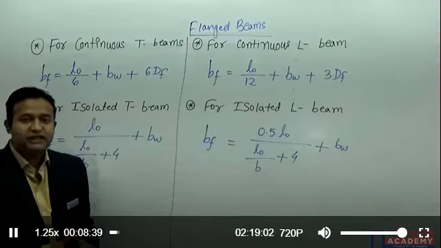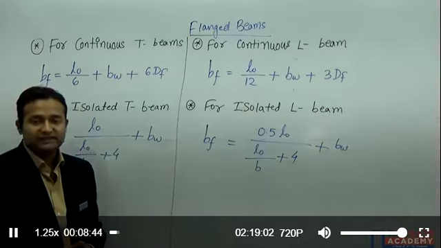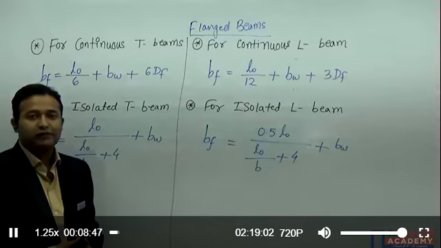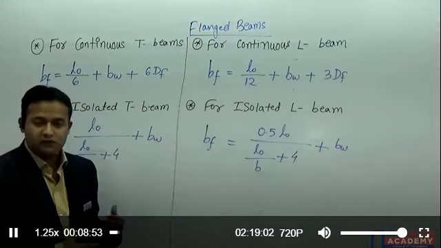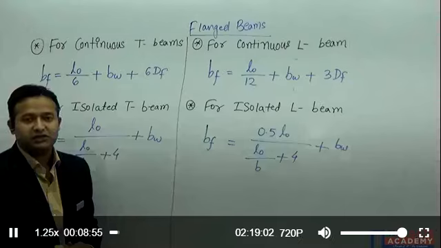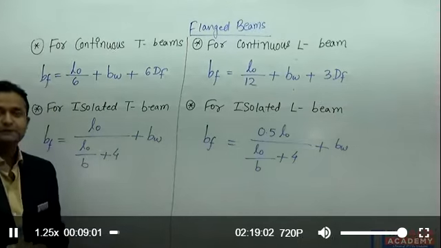In any problem, if they have given the actual width of the flange and they are asking to calculate the moment of resistance for the given section, first of all we need to calculate the effective width of the flange, and then we will start the calculation for the moment of resistance. We will see how to calculate the moment of resistance for the flange sections, but first we need to see how to calculate the effective width for the flange.